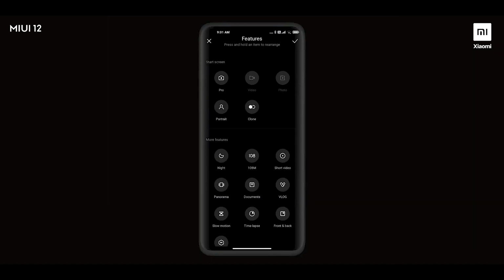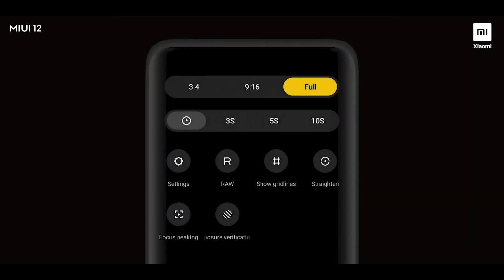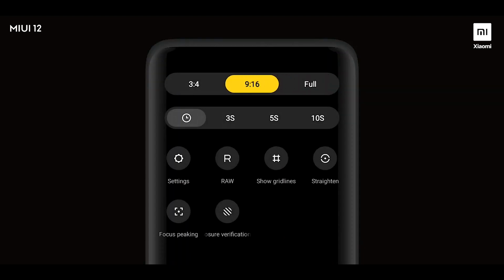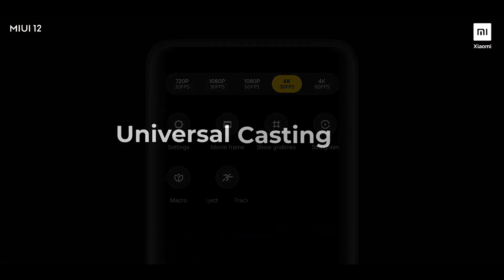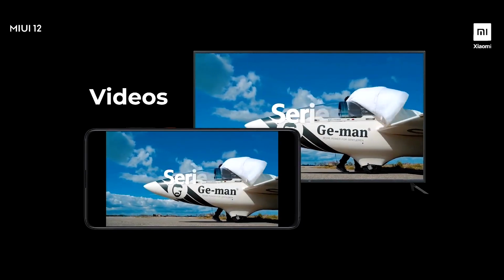While we emulate a professional camera experience with the 108 megapixel on the Mi 10, we have tried to simplify the interaction by carefully designing the UI so that all the professional features are laid out in front of you, intuitive, easy to access. The MIUI 12 comes with a built-in universal casting tool which can help you cast pretty